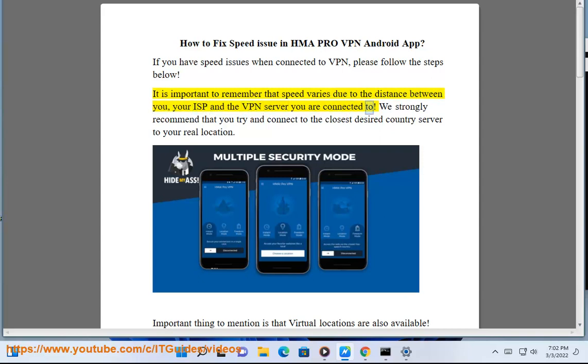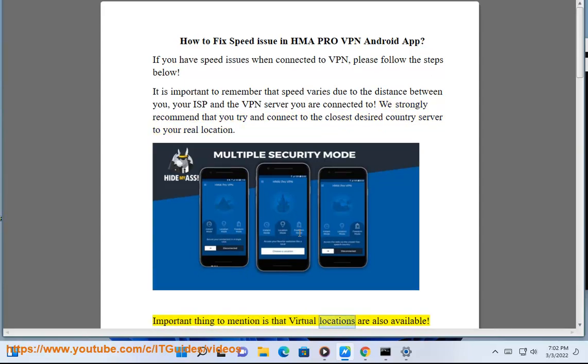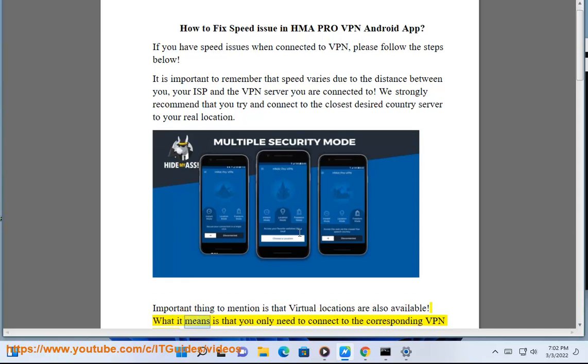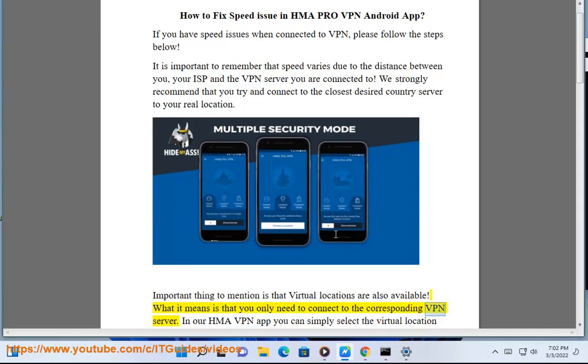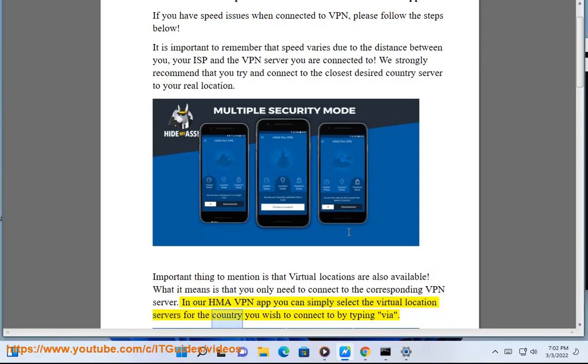you are connected to. We strongly recommend that you try and connect to the closest desired country server to your real location. Important thing to mention is that virtual locations are also available. What it means is that you only need to connect to the corresponding VPN server. In our HMA VPN app you can simply select the virtual location servers for the country you wish to connect